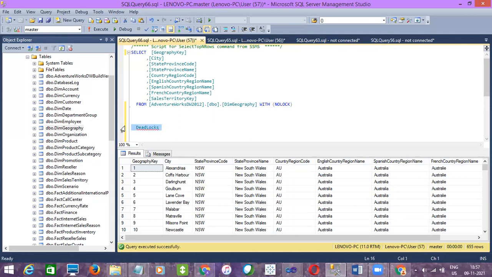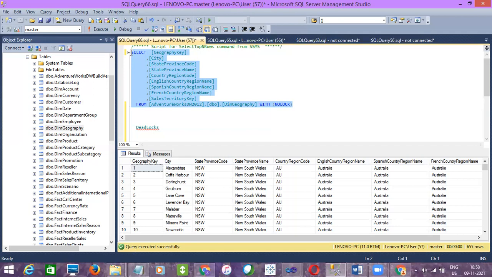And sometimes, if it is not a deadlock, if you are trying to fetch data here and someone is trying to insert it, then of the data he is inserting, only part of the data you can fetch here, because the insertions are still going on. So that is partial data, not fully complete data. But if you use with no lock, irrespective of the other insert operation, it will fetch only the previous records the table is having. It will not consider the recent insert statement records. That is also a benefit of with no lock.